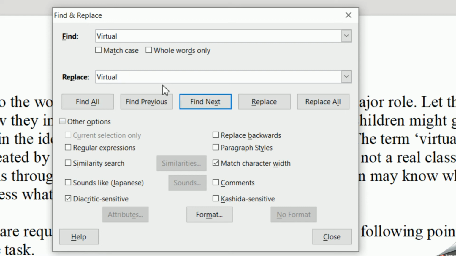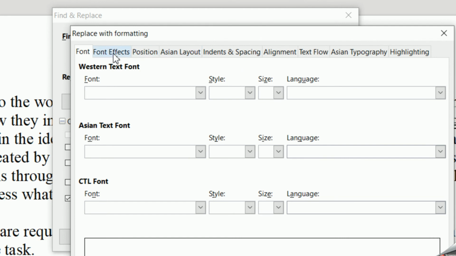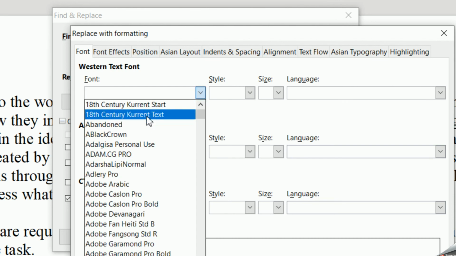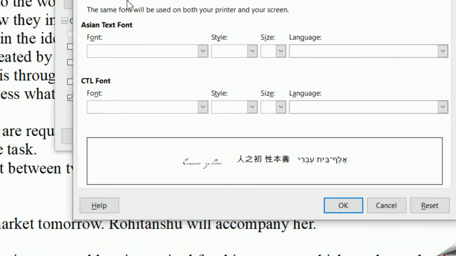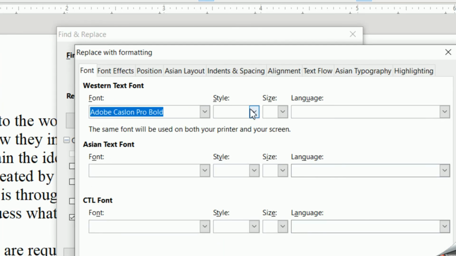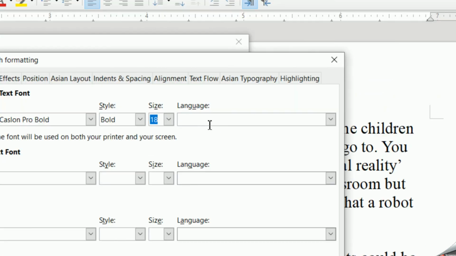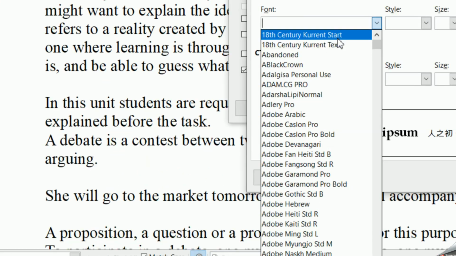The only thing is how to apply some attributes over here. So you have selected virtual over here. I want to replace this word virtual with a formatted version of the word virtual. So I will select this word, go to the Format button, and from here I can select any format. So for this I need to first go to Font. I can select any font from here. You can see its preview down there. This is the format, and I will choose some style for it, bold, and I'll increase its size. So I've increased its size, and you don't need any other font over here.